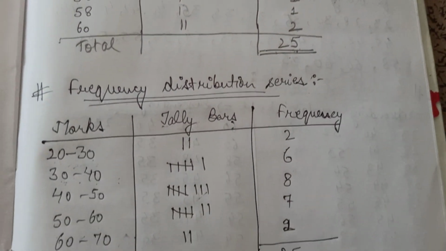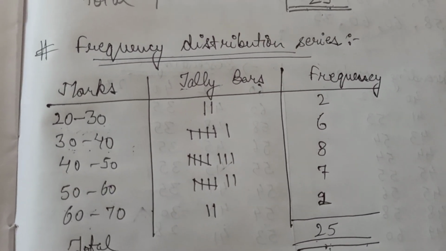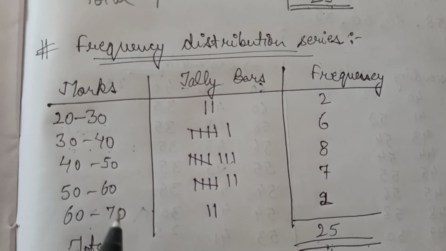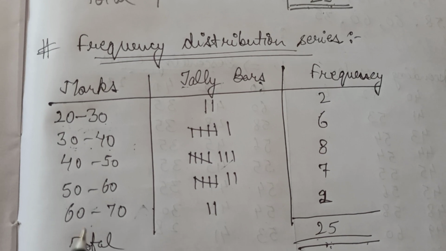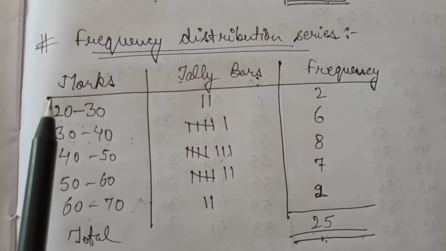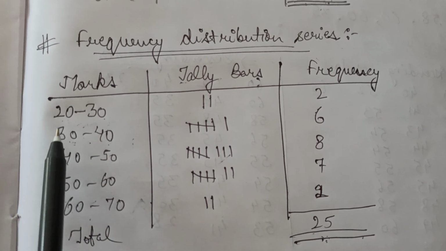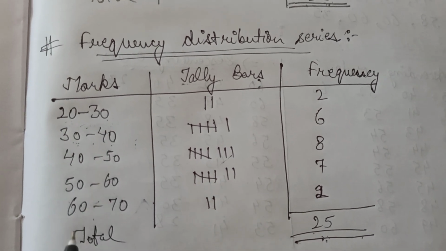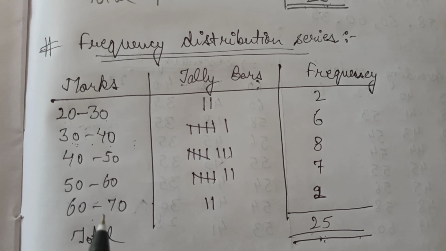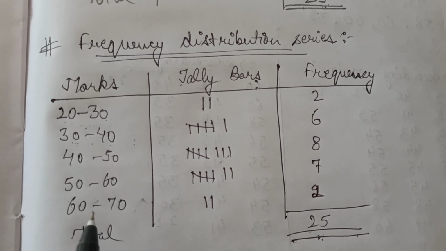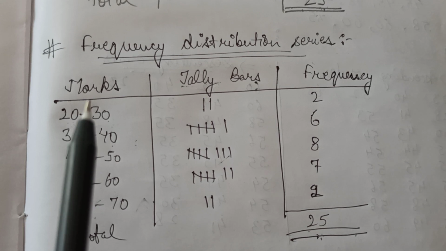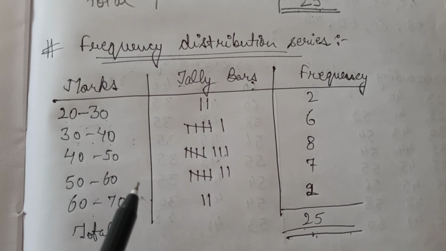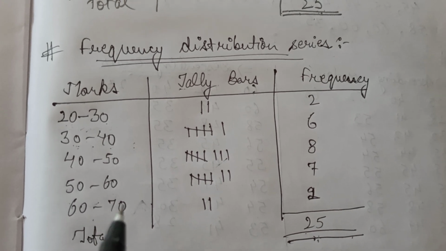But in case of frequency distribution series, we take this in a range of values, that is, we consider class intervals, not discrete values. That is, we are taking a range of values that may lie from 20 to 30, then 30 to 40. The only difference lies here: in the frequency distribution series we use a range of values, and in case of frequency array or discrete series we take only the discrete values, that is, the single values only.